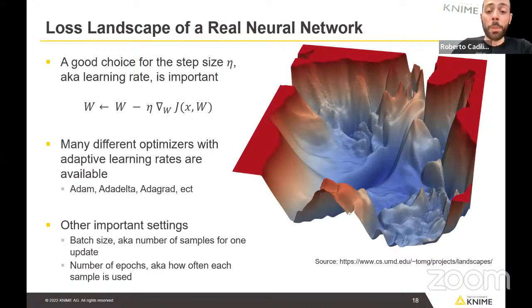But consider that what I showed you just now, especially the loss landscape, is just a simplification. In real neural networks, we have many different weights, hundreds of weights, or even millions, depending on which architecture we're using. Therefore, it's not so easy to represent a loss landscape. Here I've taken a screenshot from the paper that you see in the slide, where they've done some dimensionality reduction to be able to plot the loss landscape a little bit. And as you can see, there are potentially many local minima,